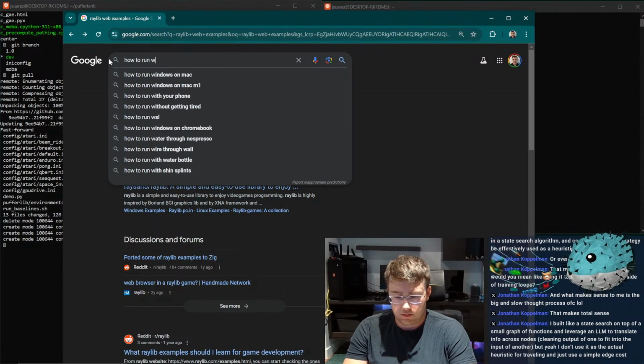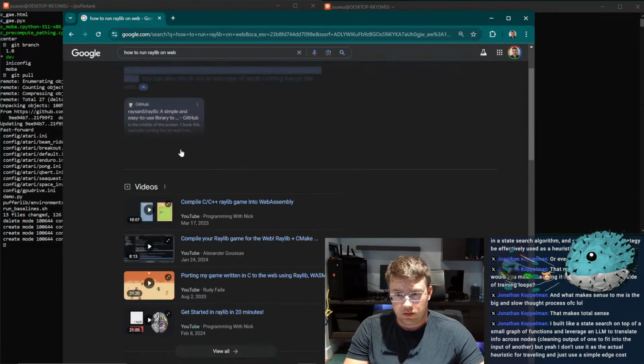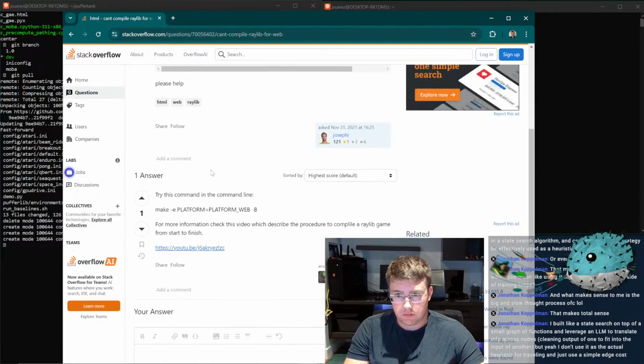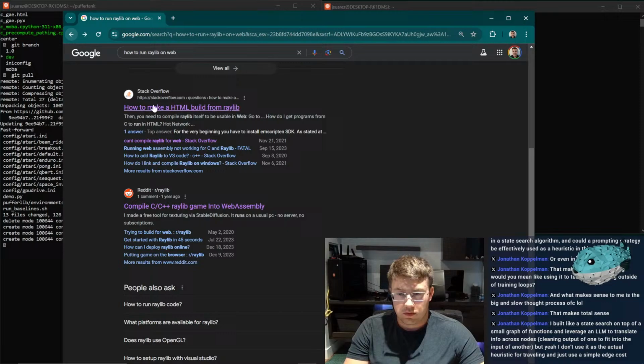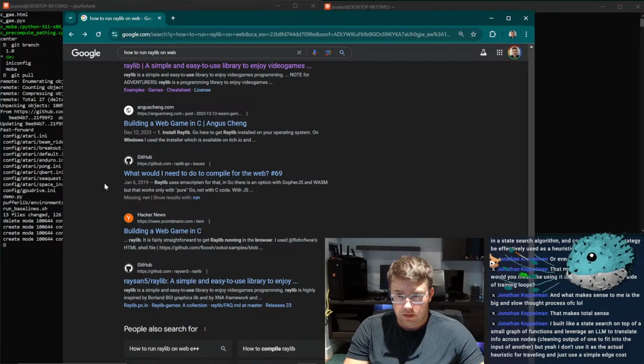How to run Raylib on web. Where the hell is this? I swear that the creator of this made a post where they had the whole setup for everything.